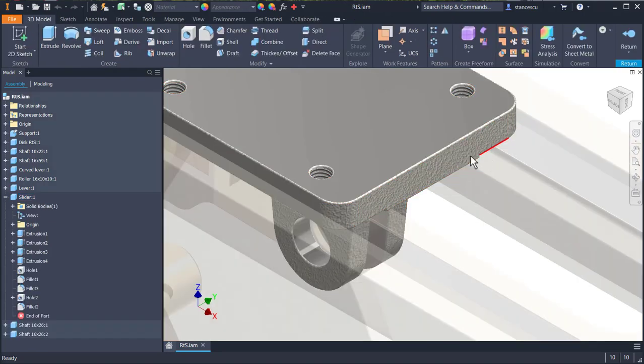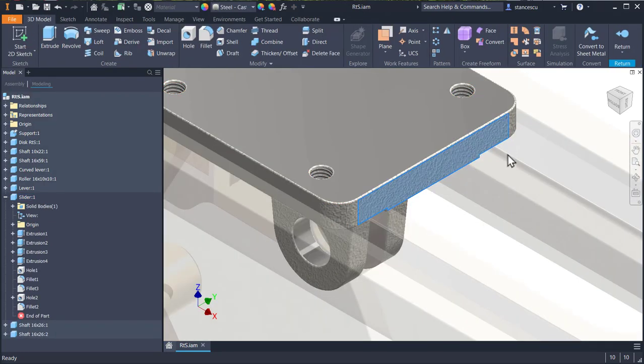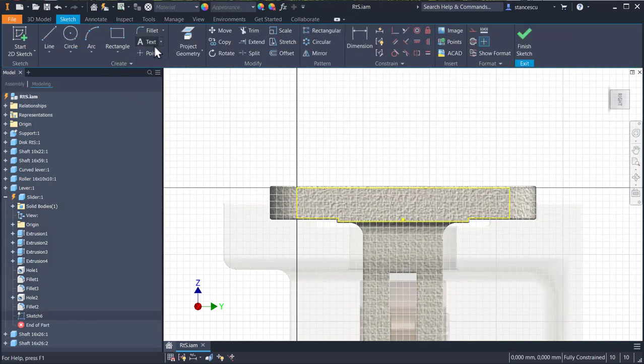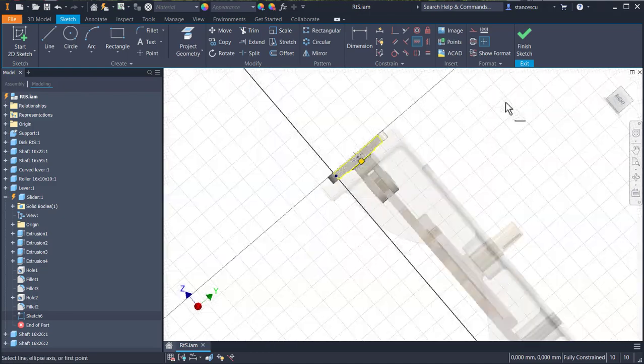Double click on this, click on this face, create a sketch, place a point here, the same horizontal, vertical, the same vertical with this midpoint, and the same horizontal with this midpoint. Yes, normally this is the position,